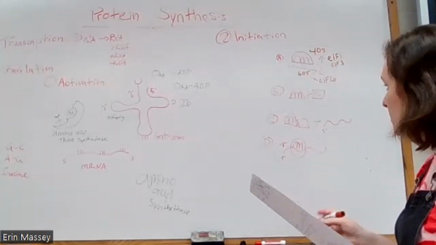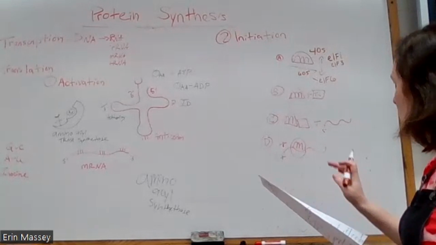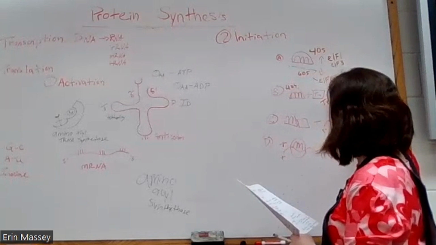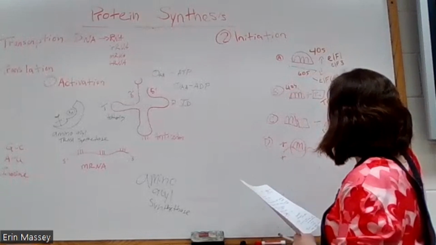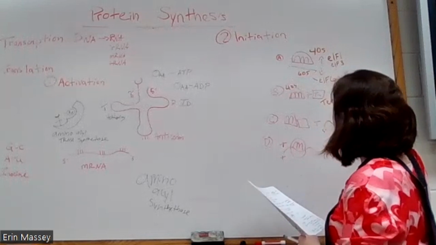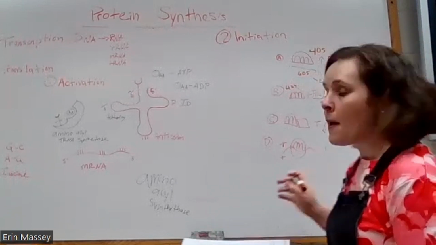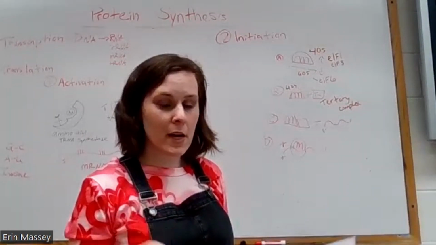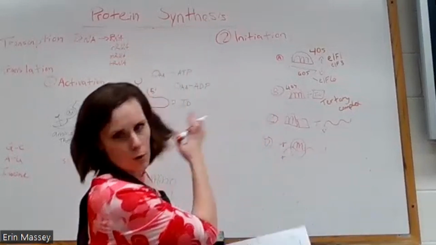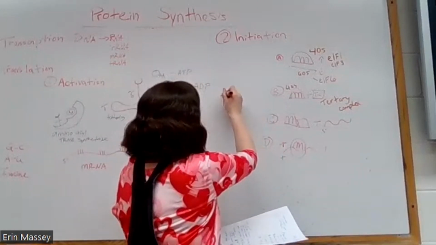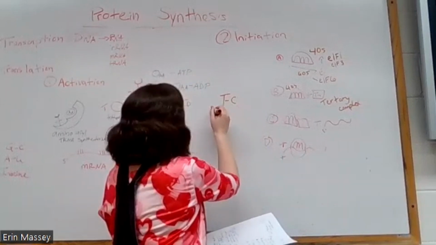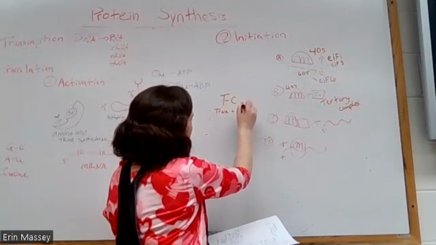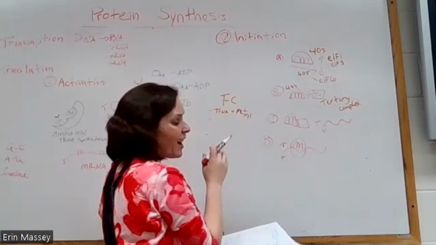What is the second step? The second step is you're taking 40S and you're adding it to something called a ternary complex. Ternary. I know it's not tertiary, but ternary makes me think of 3. And there's things that need to be together for ternary complex to actually be created, which is kind of happening at the same time, just over here. Ternary complex, just call it TC for now, is made of a couple things. It's made of tRNA plus methionine, called methionyl,